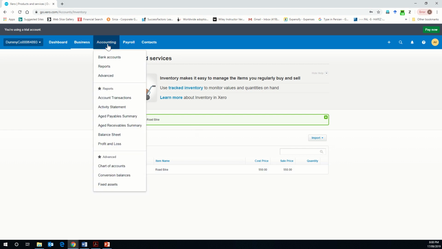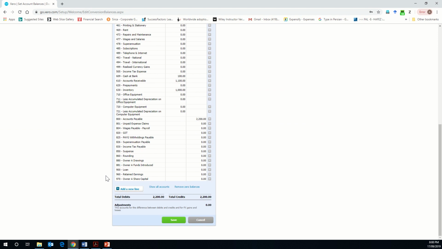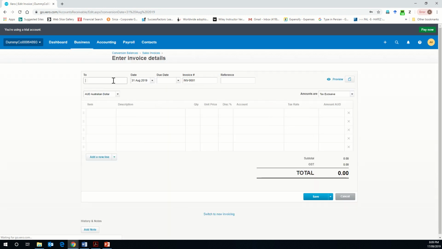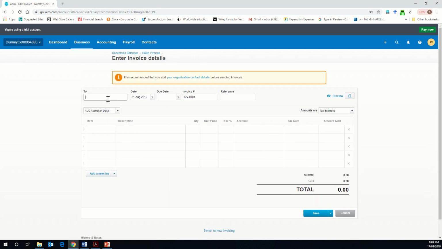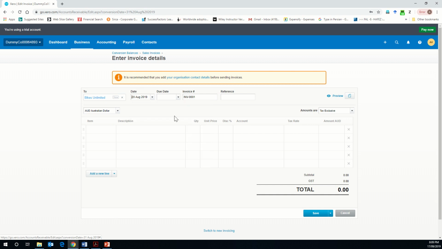Now I would be able to go and add the invoices. So once again, I click on accounting, I click on conversion balances. And what I can do is that I can click on save, and it will direct me once again to my invoice. So I click on add the invoice. I understand that I was selling inventories to Bikes Unlimited. And the date was 20th of August to 20th of September. I was selling 2 road bikes,